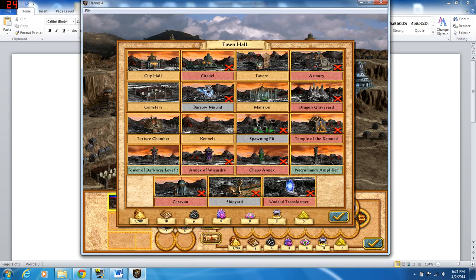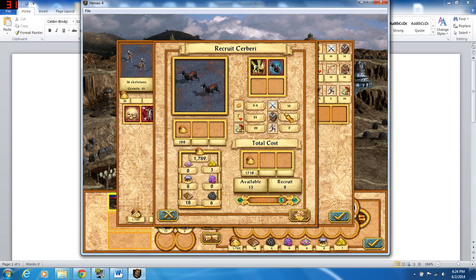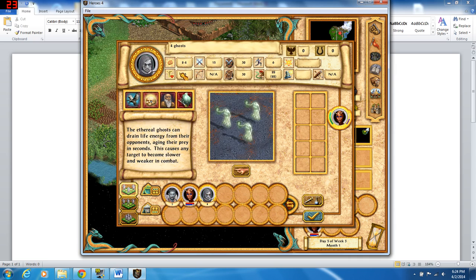For example, if you look at the Cerebri, their defense cannot compare with the 30 from the Ghost, but they have 24 HP, as opposed to what was it? Here. 24 HP as opposed to 15 here. But then again, these are flyers, they're fast on the moving map, but they have this great debuff, so...